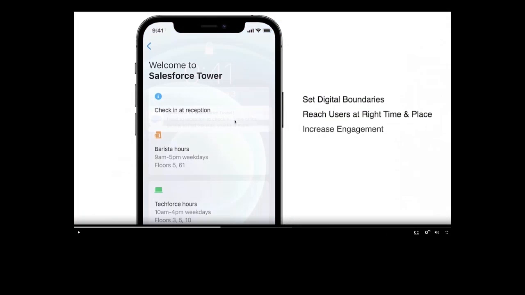So if you see here, the person is getting closer to the Salesforce Tower in San Francisco. So it's telling him what all things we have nearby, and it's all coming from Salesforce. Where to find refreshments, and so on. This is how you can use Nimbus to create a great first impression with your end users before they even